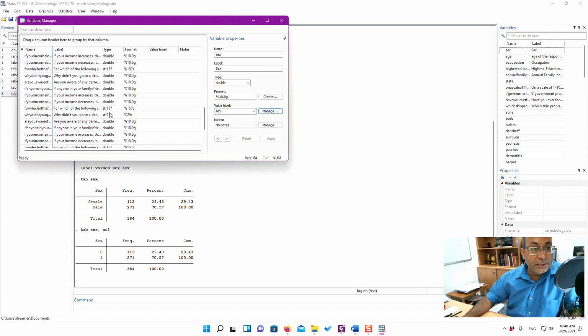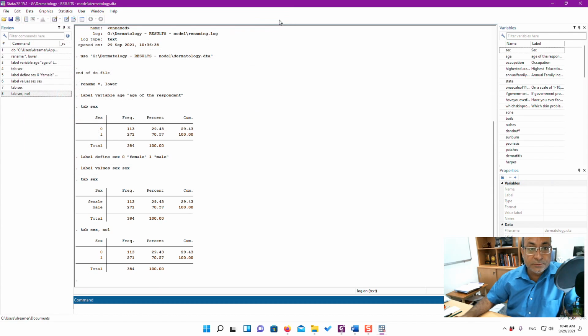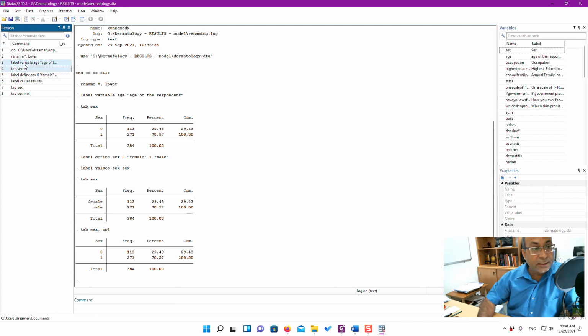Otherwise you can use this. So initially when you are new, possibly you should go through the drop down menus, and because you are using your log file, you will know what commands are actually going in these drop down menus. So you can later simply write those commands rather than using the drop down, and that will be much faster. And always you should put these things into your do file. So I am sending all this to my do file.